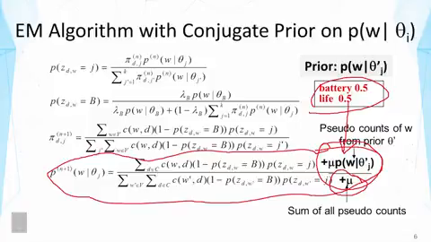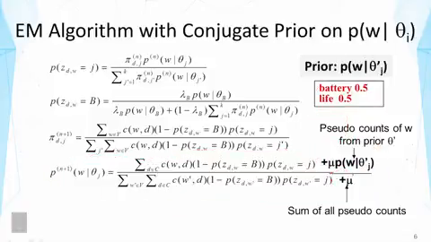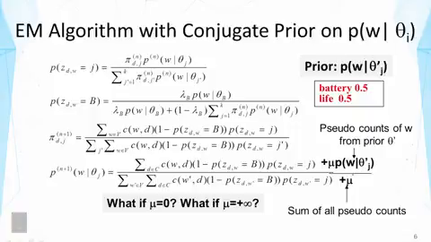Now, this is intuitively a very reasonable way of modifying the EM algorithm. And theoretically speaking, this still works, and it computes the MAP estimator. It's useful to think about two specific extreme cases of mu. Now, looking at the picture, think about what would happen if we set mu to 0. Well, that's essentially to remove this prior. So mu, in some sense, indicates our strength on prior. Now, what would happen if we set mu to positive infinity? Well, that's to say this prior is so strong that we're not going to listen to the data at all.